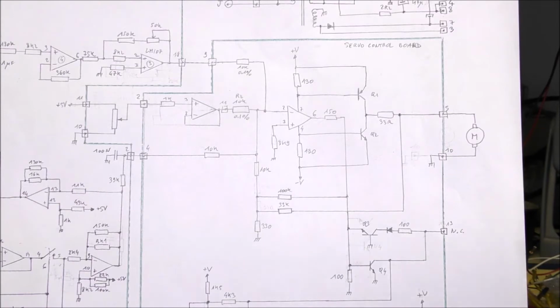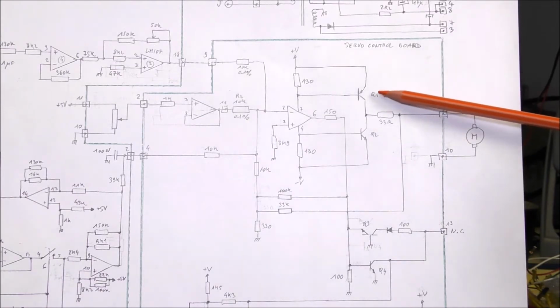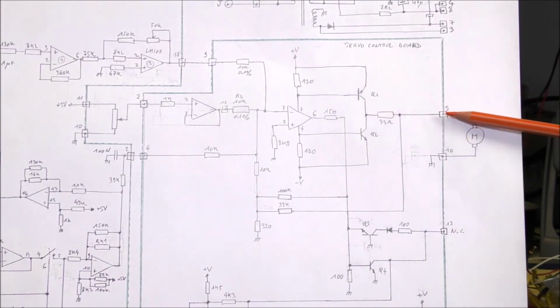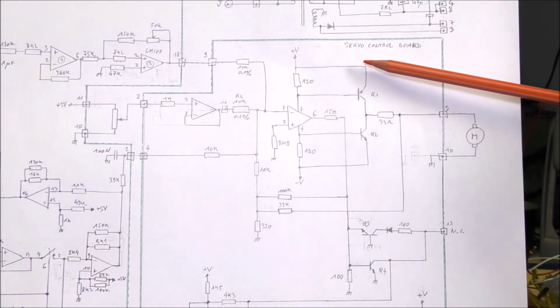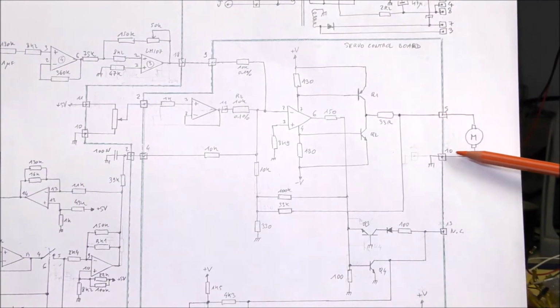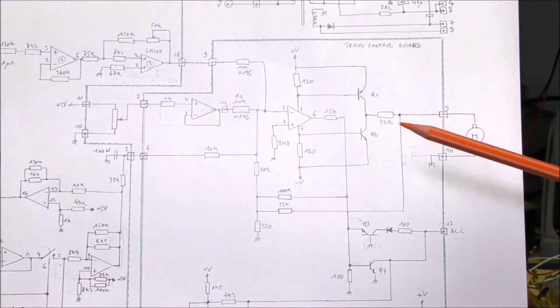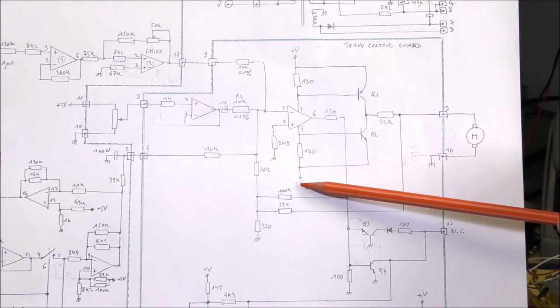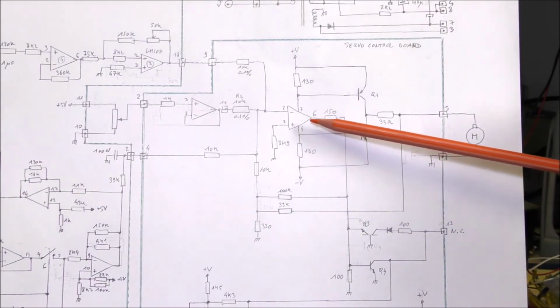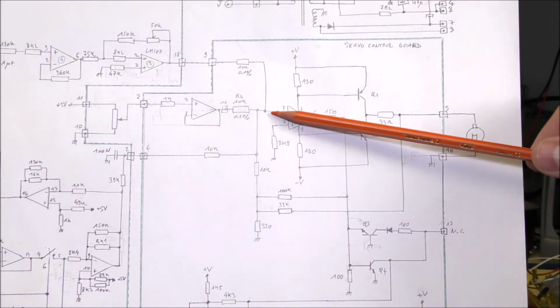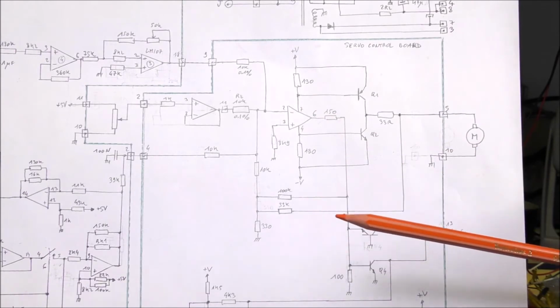In that case, if the current is high enough, this transistor will turn on, and this will permit to drive the motor in one direction. The current flows through the power supply, through this transistor, this resistor, and the motor. And it is the same when the output voltage is negative. In this case, the current will flow through the negative power supply rail, through this resistor, and returns to the ground. The input of this amplifier here is a virtual ground.